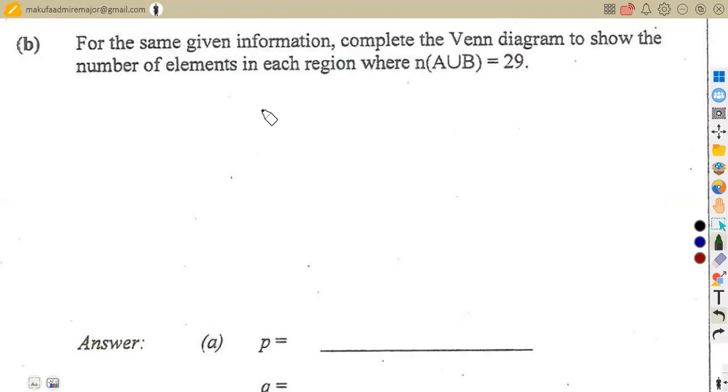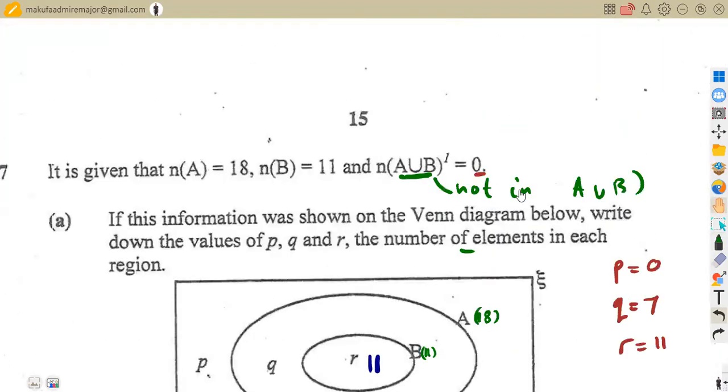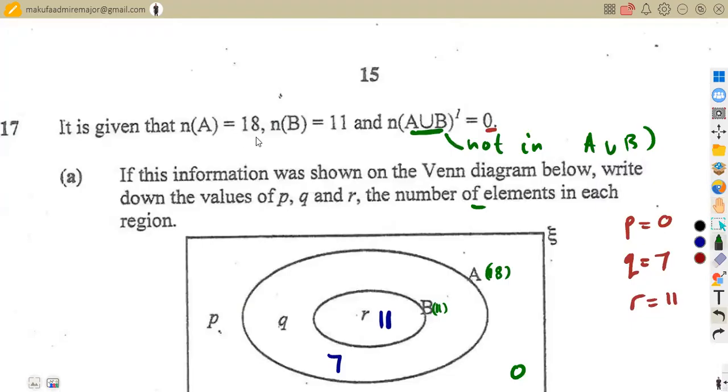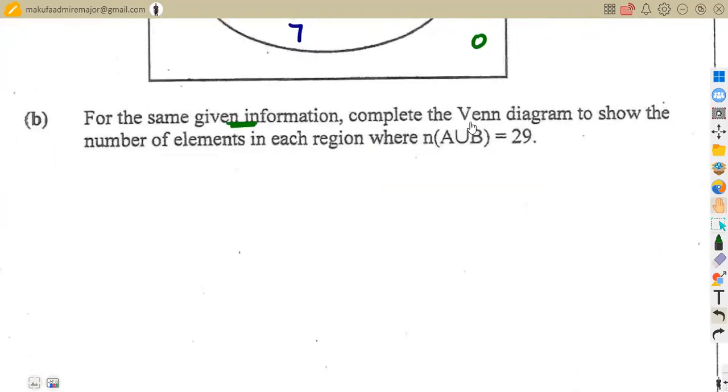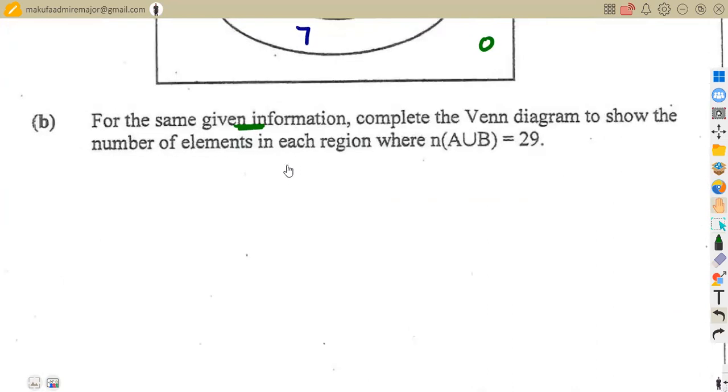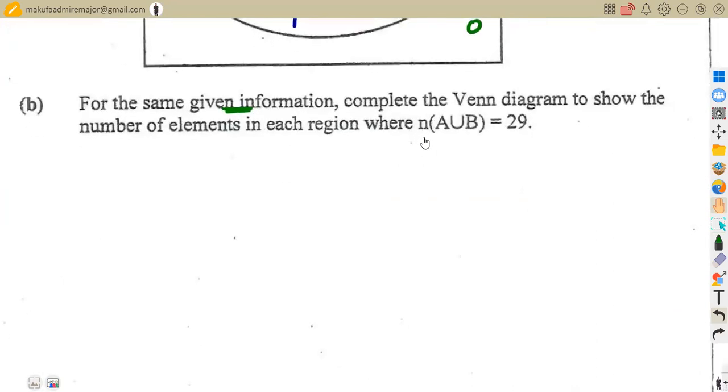Take note, guys. They are saying for the same given information, which information are we given? This one here on top. This is our given information: the number of elements in A is 18, the number of elements in B is 11, and there is nothing in (A union B) complement. This is the information, not the diagram. They are saying now, complete the Venn diagram to show the number of elements in each of the regions where